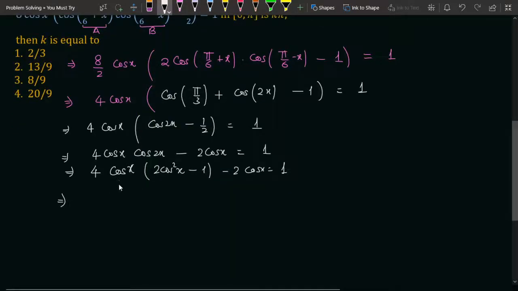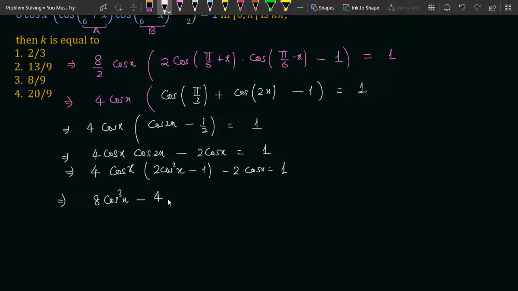Now we shall simplify it further, so that will give us 8 cosine cubed x minus 4 cosine x, minus 2 cosine x as it is, and minus 1 is equal to 0, since I want to see the 0 on the right hand side. Now we simplify them further, so that will become 8 cosine cube x minus 6 cosine x minus 1 is equal to 0. Here there is a cubic equation in terms of cos, but we don't have to worry,